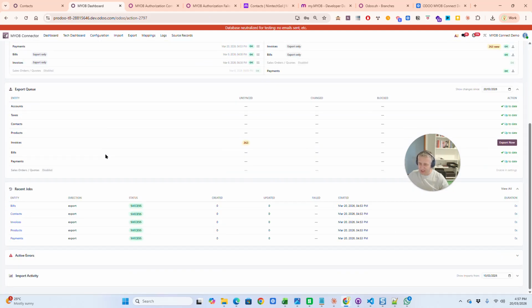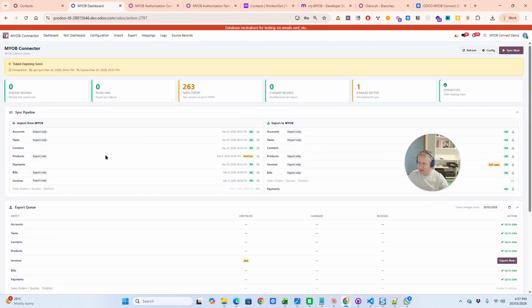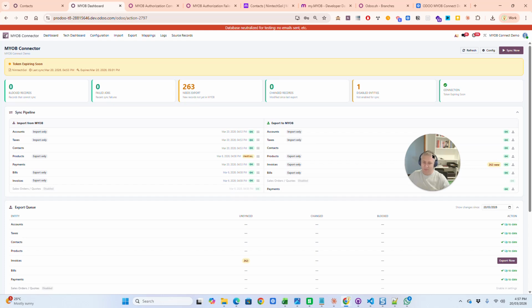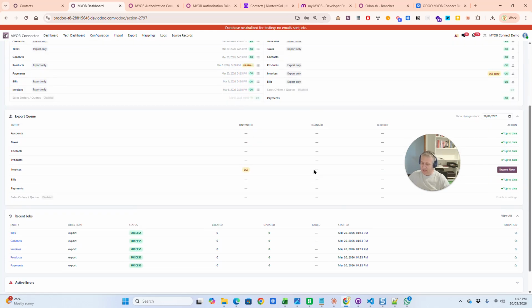All right, so that's in a nutshell what the dashboard does and how you would typically interact with it, to synchronize everything, or to go through it one by one, and maybe uploading or importing or exporting particular data files.